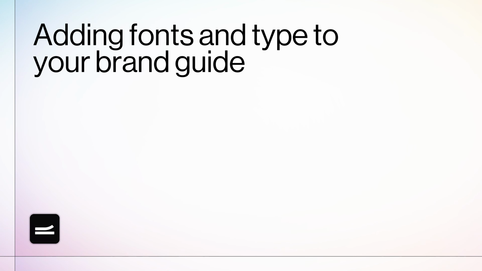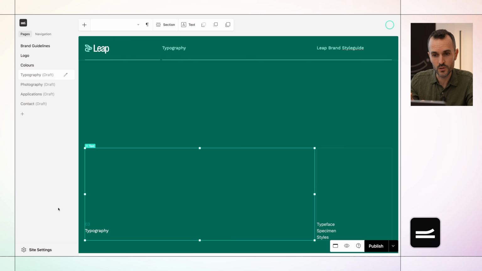Let's add fonts and typography styles to our pages in guidelines. You might have already added your brand and added some fonts to your brand in guidelines. And in this tutorial, what we're going to do is look at the typography page. This is straight from the template, but you could create one from scratch if you wanted to, using blank sections